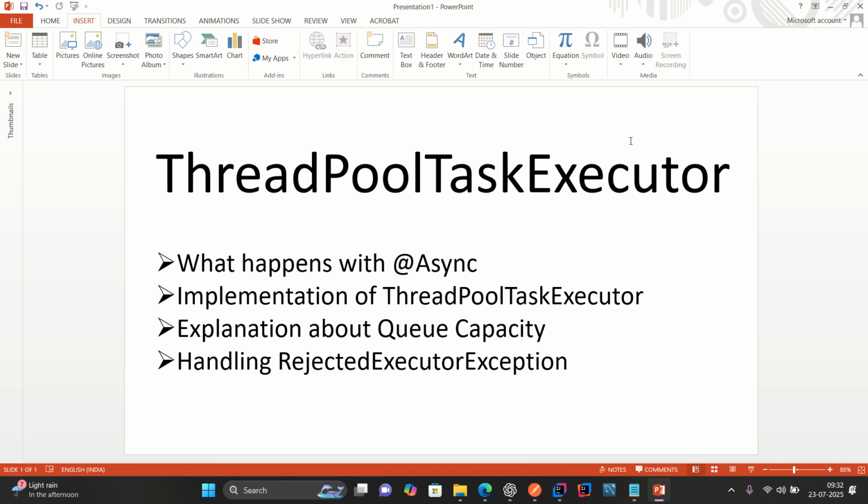We have six ways to implement multi-threading in a Spring Boot application. One way is ThreadPool Task Executor. What is ThreadPool Task Executor? Before this, we will see what happens with @Async. Before going to discuss ThreadPool Task Executor, we will see how @Async will work with the